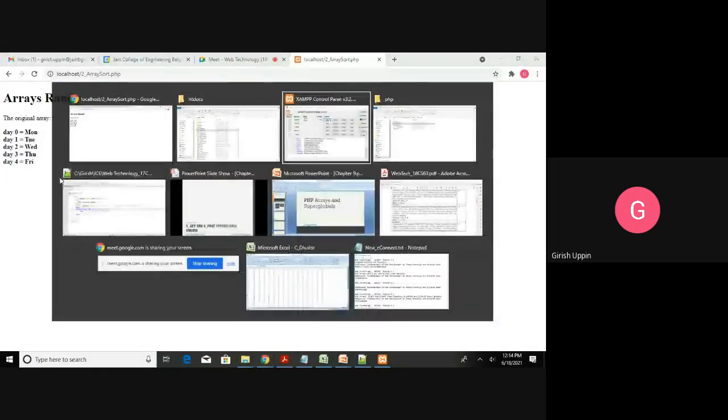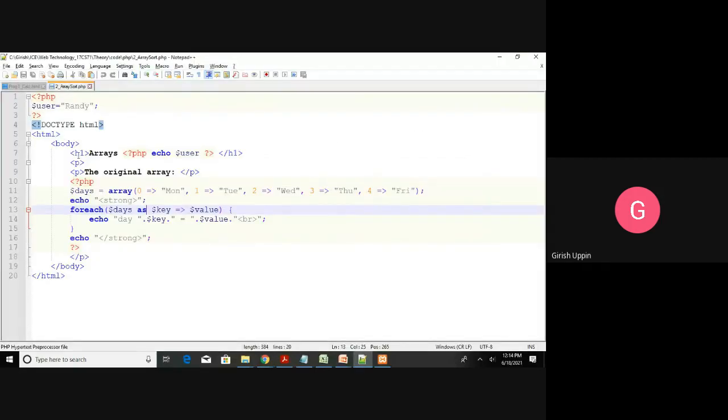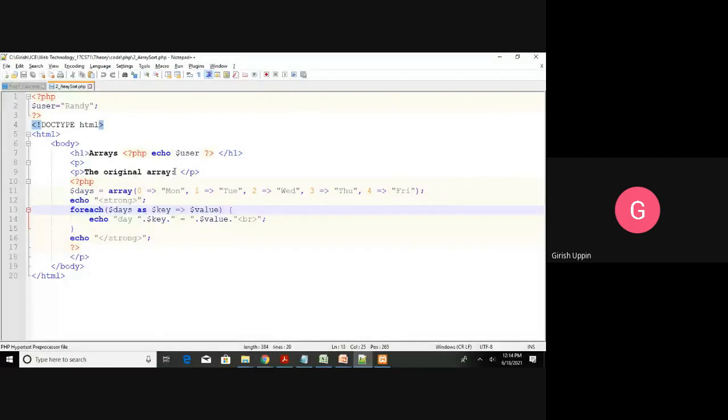Let me show you. Initially we get the body, here the header arrays, then this paragraph, the original array, then starts this PHP code. Whatever the output you see, this echo day dot key is 0.